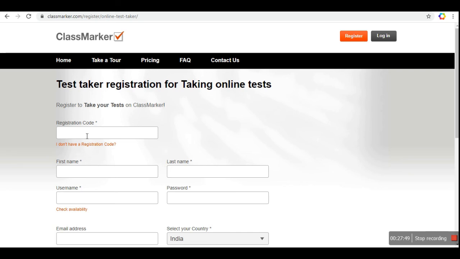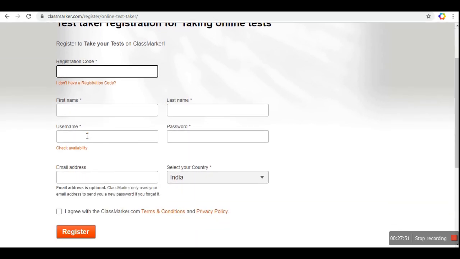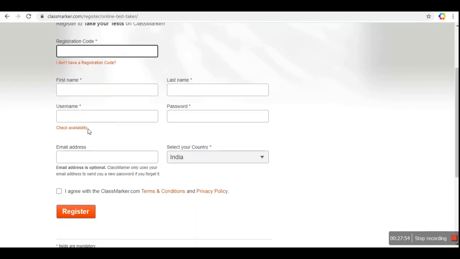They have to enter that registration code over there, then enter details like first name, last name, username, password, email address and so on. They have to agree to the terms and conditions. Once they log into their account, automatically if you have assigned any test, it will appear in their profile. They can just click on it, follow the instructions, and then they can start at any time if they log in to their account at the correct time as you have mentioned.